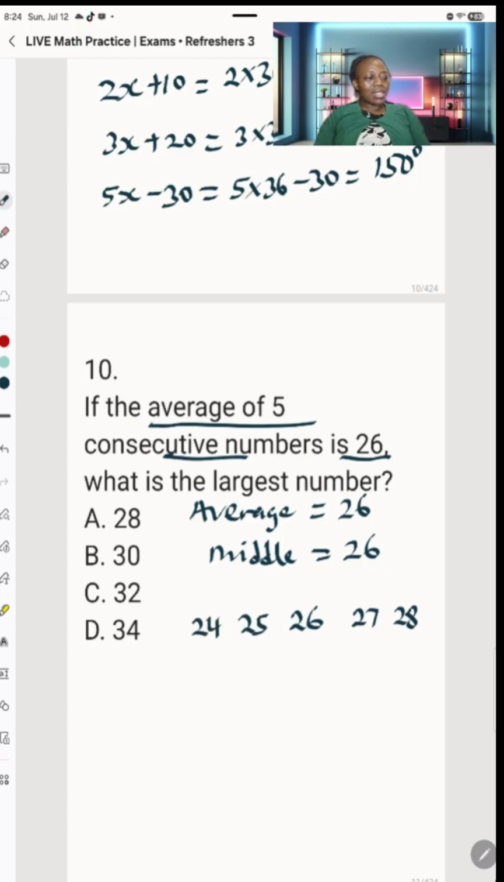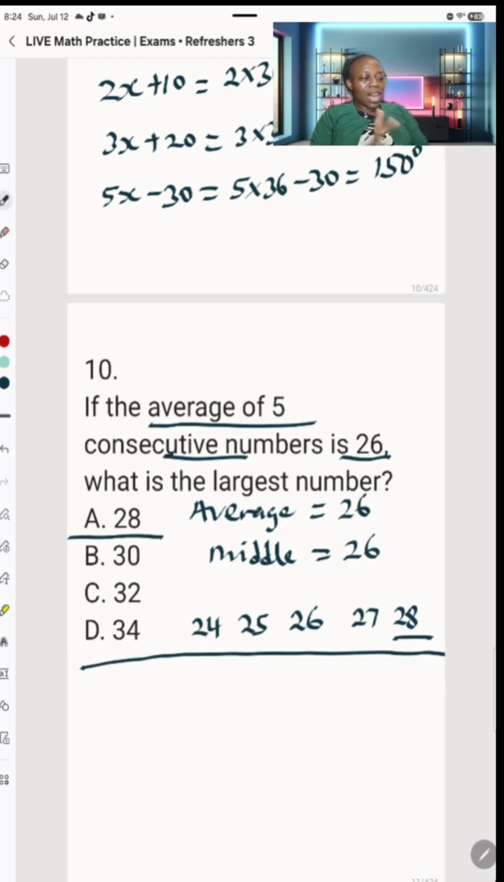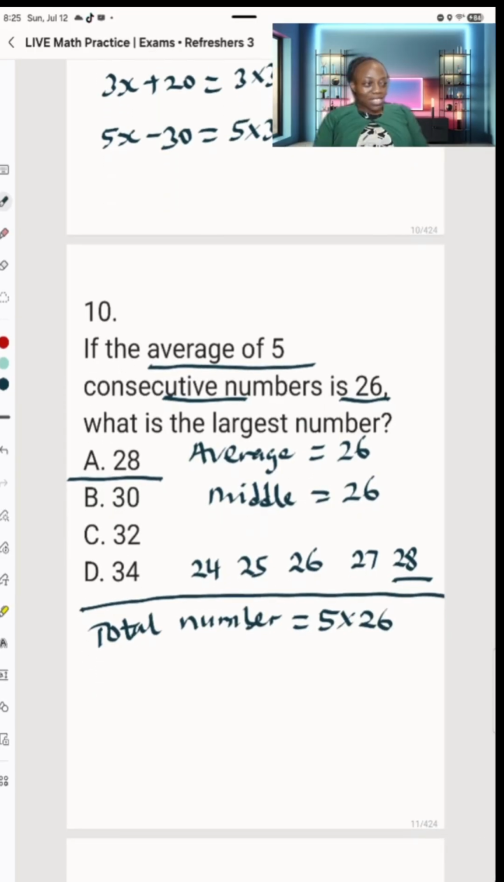Now, what is the largest number? The largest number will be 28. Our answer is 28. The other method: 5 consecutive integers, the average of it is 26. Find the total. The total will be 5 times 26. So 26 times 5, that is 130. So if you are having 130 as the total, as the sum,